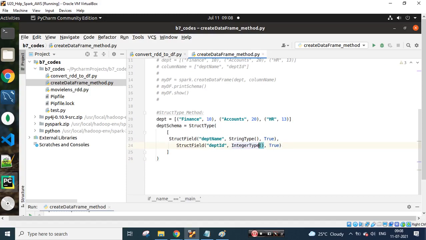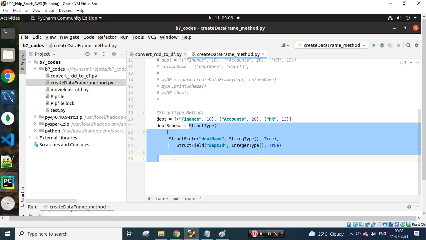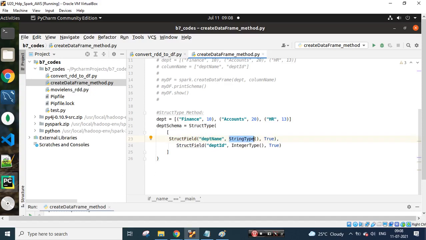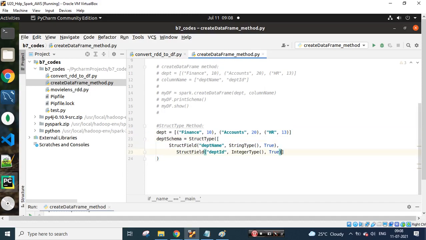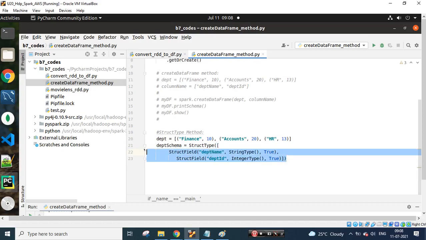So what I'm trying to do is define a schema of my own. You can give any column name of your choice, and the data type as pertaining to your data. This nullability for true and false we will not be able to demonstrate on a .txt or .csv file. We'll be able to demonstrate it on databases, because that's where the constraints like nullability are applied. So this is how you'll have to define your struct type. Let's close this, and hopefully now my schema is created,